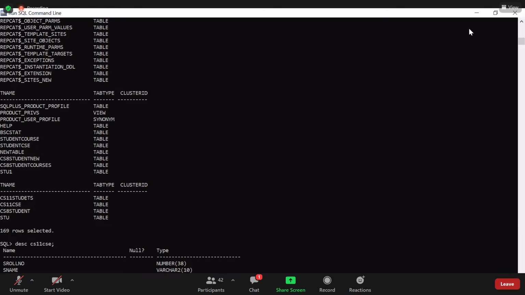Okay, so we can do it by alter command, alter table. Here I'll give CS11, the already existing table that I'm taking here. Alter table name and add.